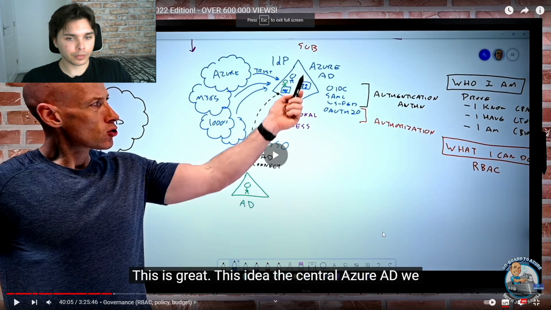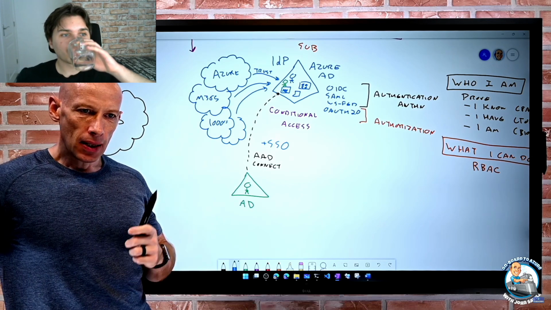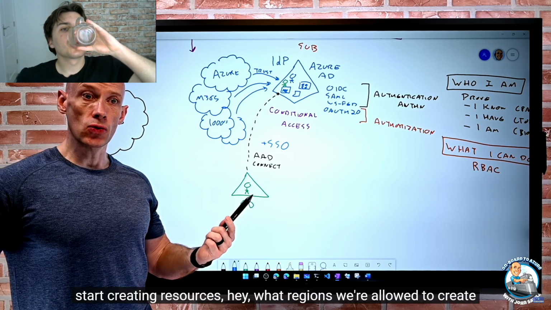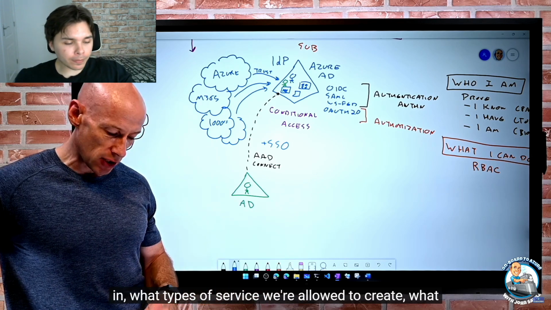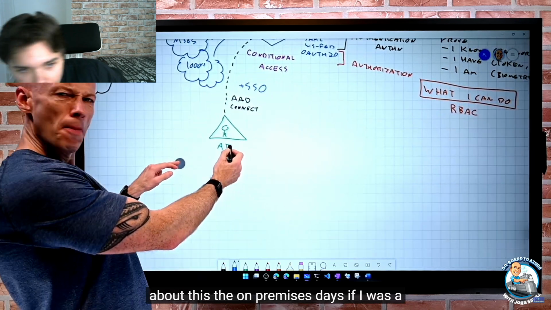This idea of the central Azure AD. We have identity in place. But there might be other requirements we have when we start creating resources. Hey, what regions are we allowed to create in, what types of service are we allowed to create, what types of replication we want. And if I think about the old days, the on-premises days, if I